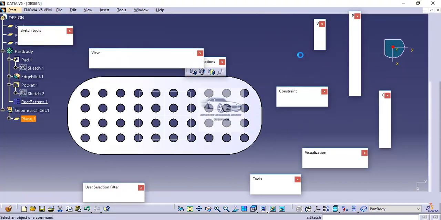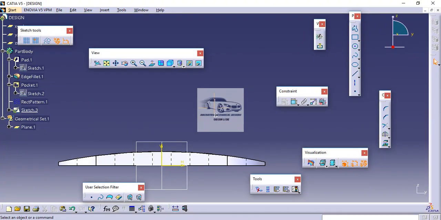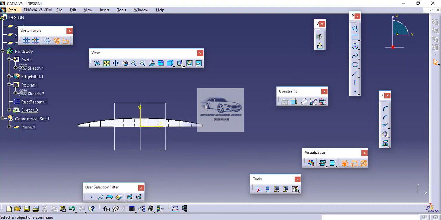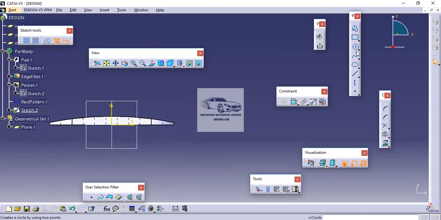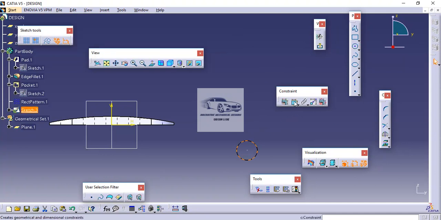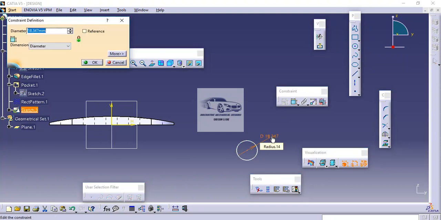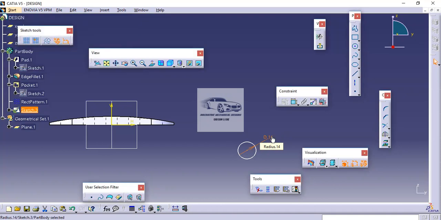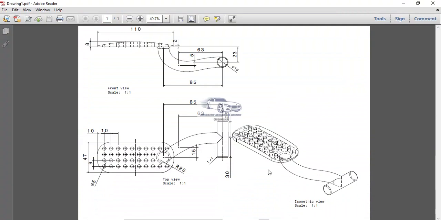And now we will go to this particular plane and sketch the profile. So I will draw a circle, then give it dimension of diameter 16. Next I have to place the position dimensions.